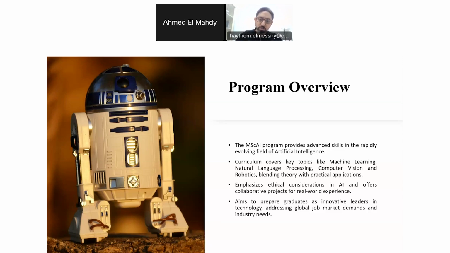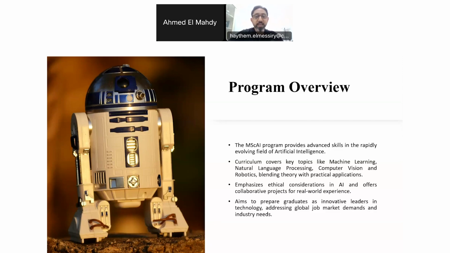Then the third aim, and I always stress it, is emphasizing ethical consideration. It's very important to apply ethical considerations, especially in AI, and this can be offered through collaborative projects for real-world experience. It's very important because if you are dealing with AI, you are dealing with data, so there are ethical considerations about how you're going to use this data set. Is it a true data set, and other considerations should be